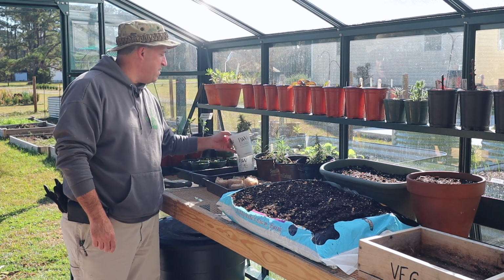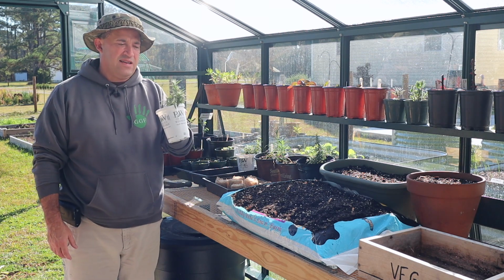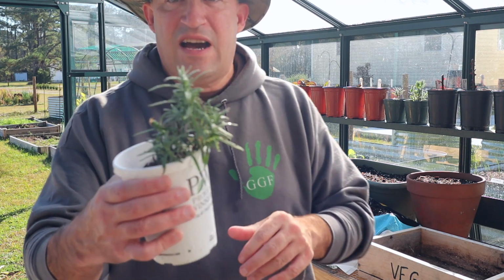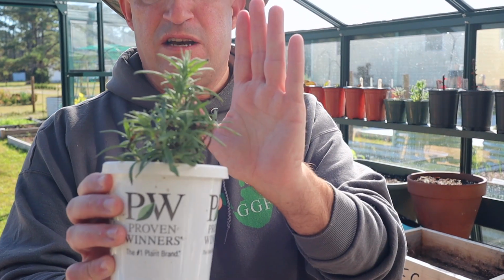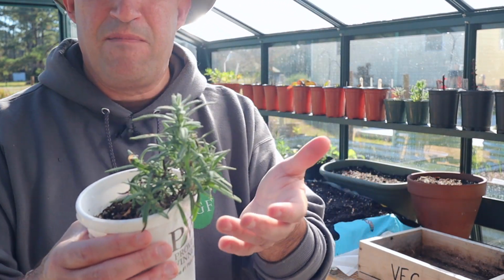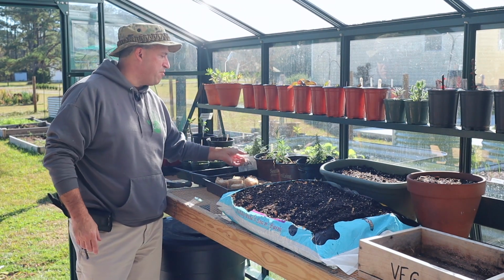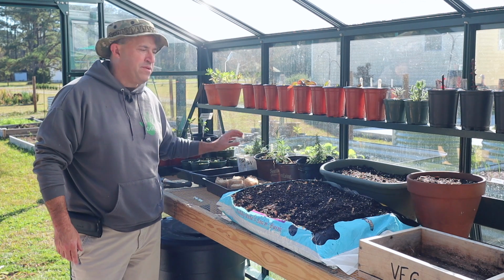I have a couple of rosemary plants here that I started from seedling last year. I kind of forgot about them, and I left them in small pots. I just recently repotted them, so they're in slightly bigger pots. They're looking good and healthy. And again, come the springtime, I'll probably plant them out. I'm not sure where I'll plant these, but